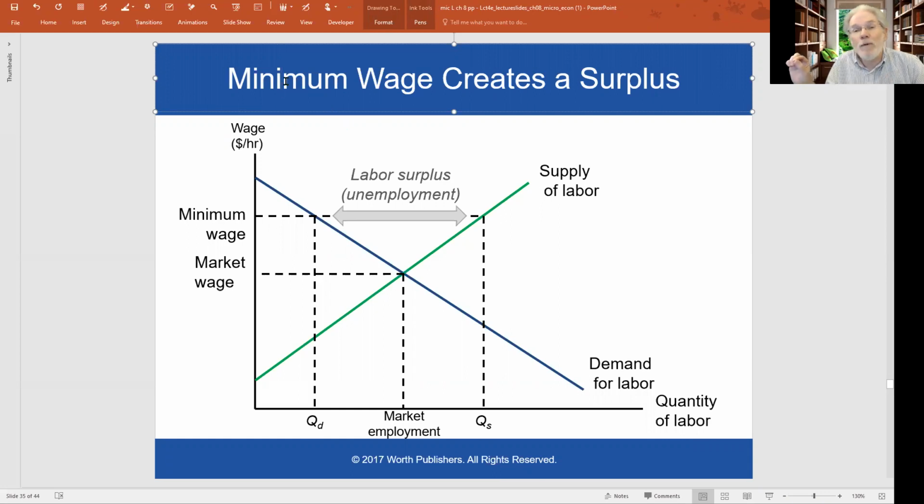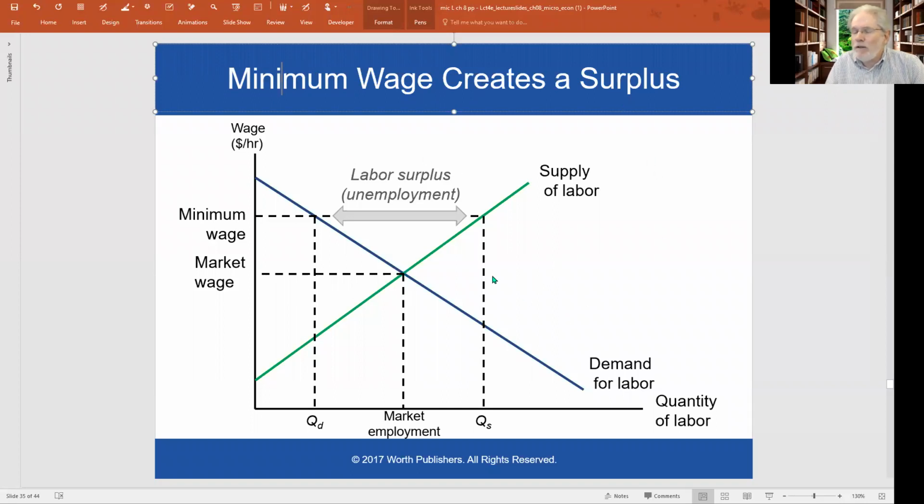Remember, one of the mistakes people make is they rush through looking at a graph and they skim over it, and after they've seen it, they really don't know anything that was there. So always when you see a graph, stop, slow down, take your time, and take in what's actually there. What does this say? Minimum wage creates a surplus. So what is this graph?